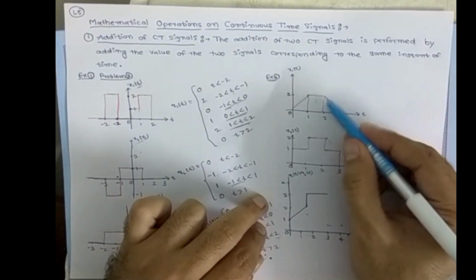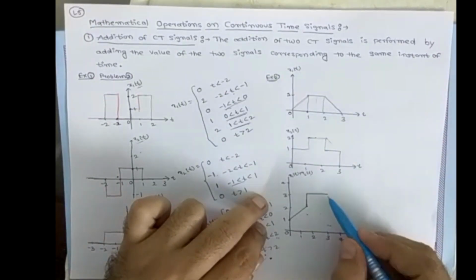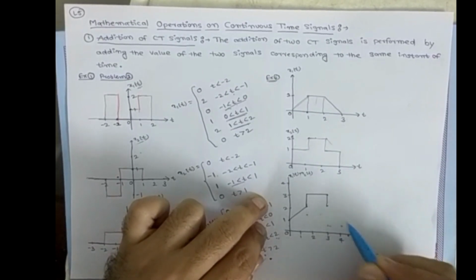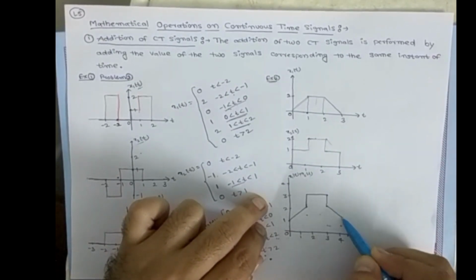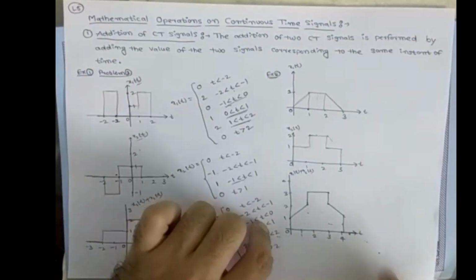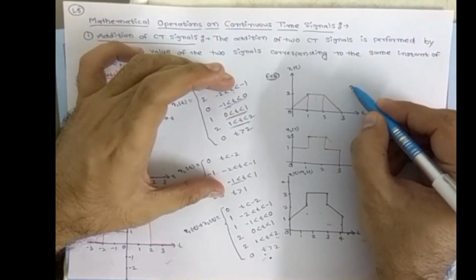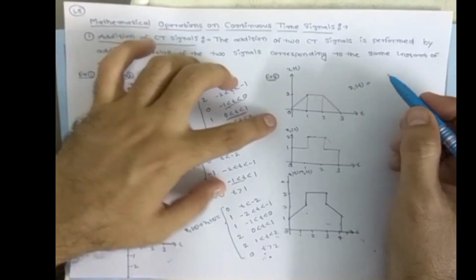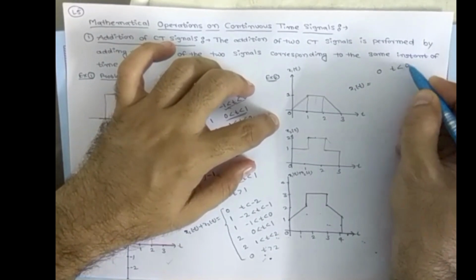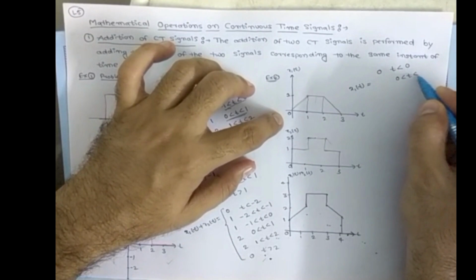Okay, and this one is one triangle. If we come here, so what will come, how it will come, so this will come up to here and 0. Let us see how we are going to solve this mathematically. In equation, if you write the equation for this, x1 of t equal to 0 for t less than 0. Okay, so what is the equation for 0 less than t less than 1?